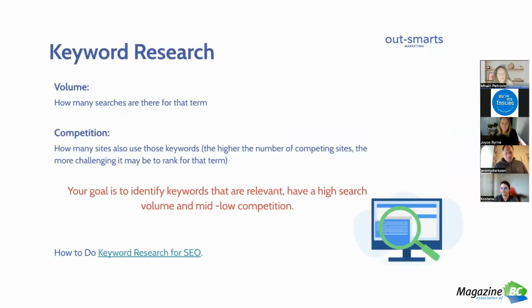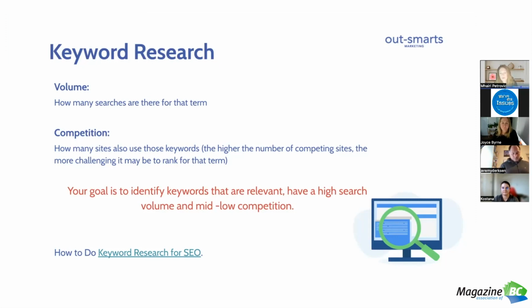When you're doing your keyword research, the important thing to remember is your volume and your competition. And what you're aiming for are words that have lots of search volume. That's your priority. But if you hope to rank higher, you also want to find words that have medium to low competition. That's getting harder and harder. If you had determined that one of your keywords was automobile, you would be up against every car company on the planet.